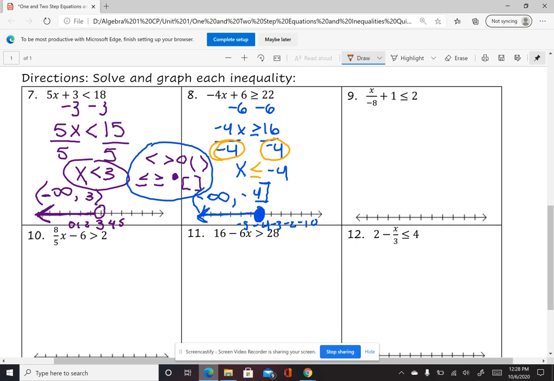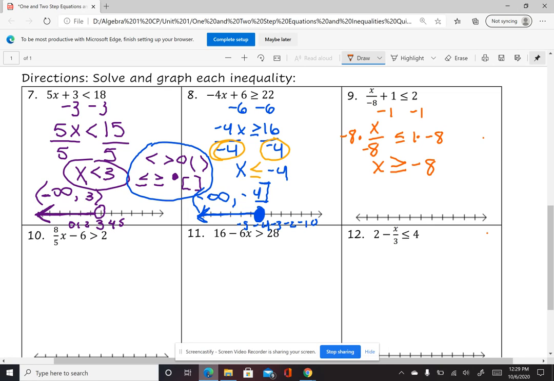Next one is x divided by negative 8 plus 1 is less than or equal to 2. We're going to subtract 1 from both sides. So we have x divided by negative 8 is less than or equal to 1. Again, to undo division, we're going to multiply. So we're going to multiply both sides by negative 8. And now we're multiplying by this negative 8, so we're going to flip our sign. It's now going to be greater than or equal to